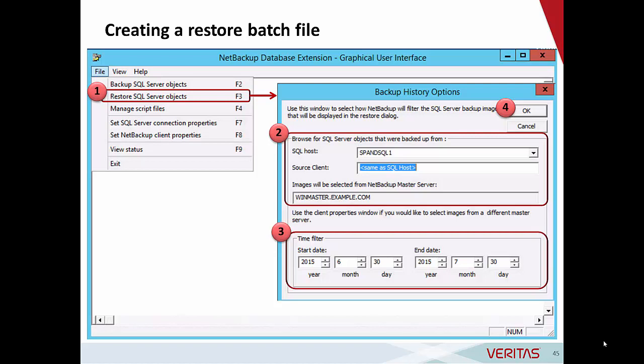It'll literally just be a blank white square. The first time you open it, you'll be sitting around waiting for more stuff to appear, but that's it. It's a clean slate. So what you want to do is go to File, and then Restore SQL Server Objects,